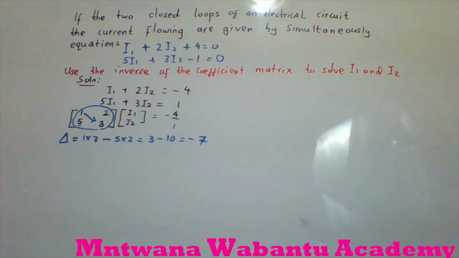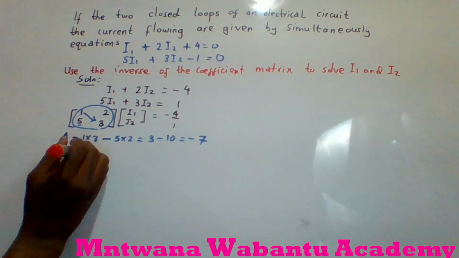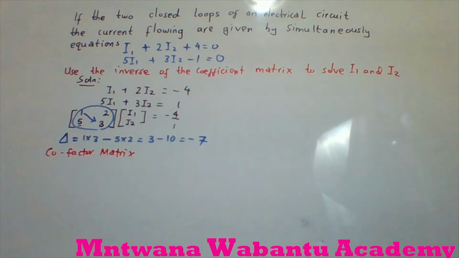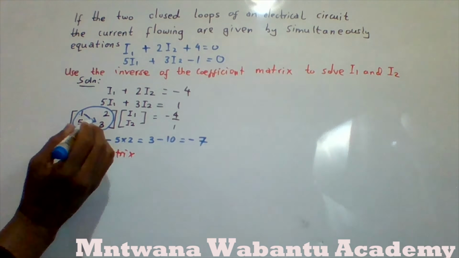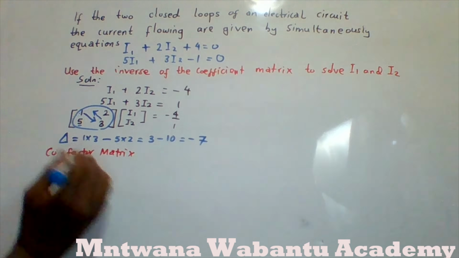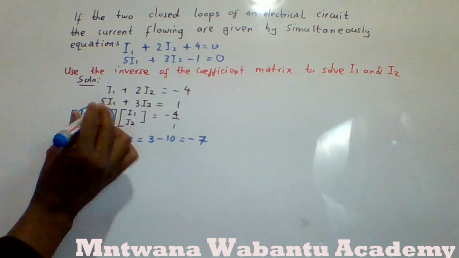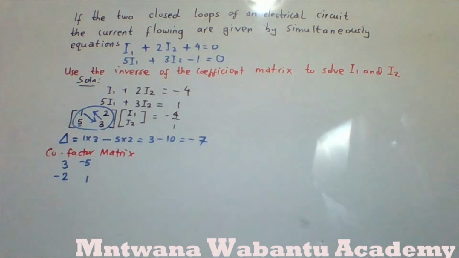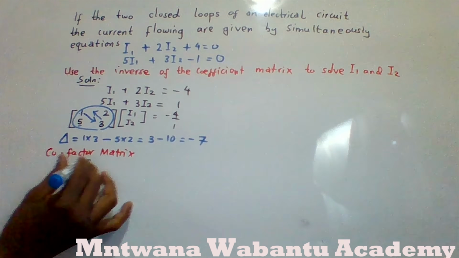So after that, get the cofactor matrix. Cofactor matrix is very easy. See the matrix given, and just switch it. Take the 3 to the top, switch the position of how it is: 3 goes there, 1 comes here. Then for the other numbers, also switch them: 5 and 2 swap. But for this direction you put negative, while the other direction stays positive. So leave this direction how it is, but after you switch the other direction, put negative.